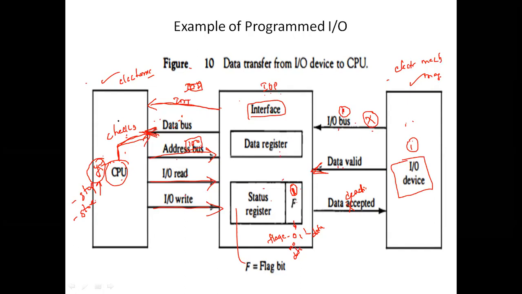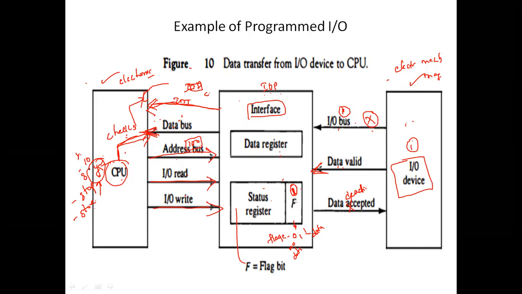Why? Because up to which instruction it has executed, what the status condition is, everything has to be stored. After attending the interrupt, it has to come back to that particular instruction instead of starting from the first instruction. Suppose the Y task contains 10 instructions and the CPU is doing the 8th instruction. Now an interrupt has occurred. If the CPU attends the interrupt without storing, then when it has to resume the Y task, where will it start from? Again, it has to start from the first instruction if it has not stored the details.